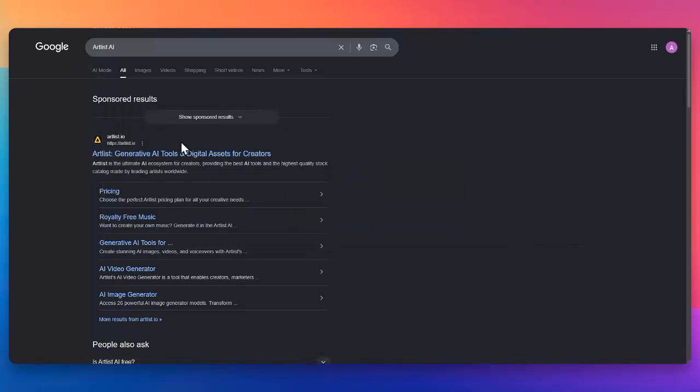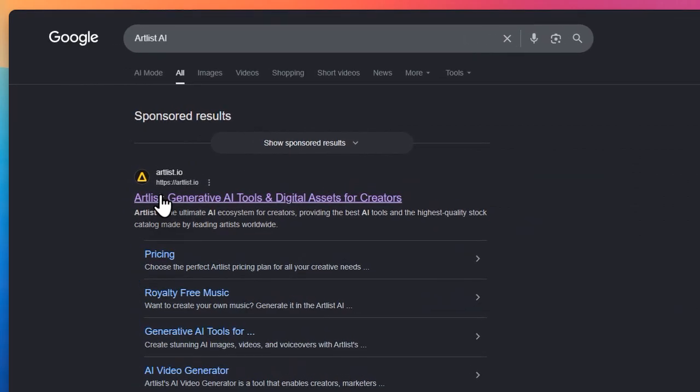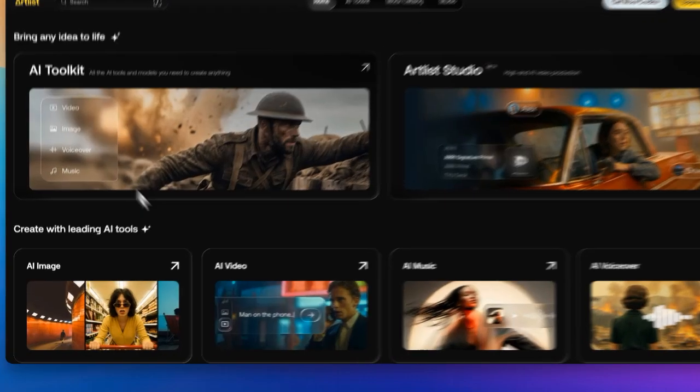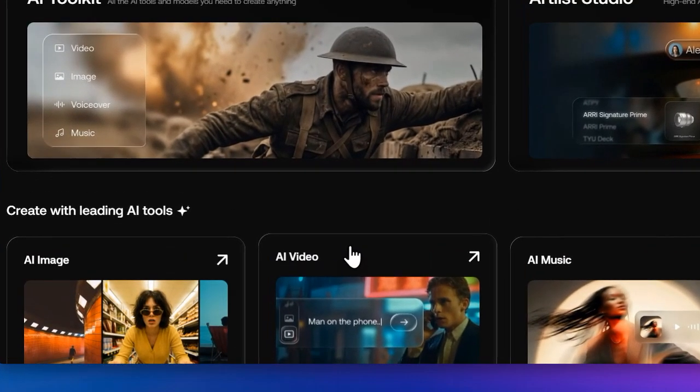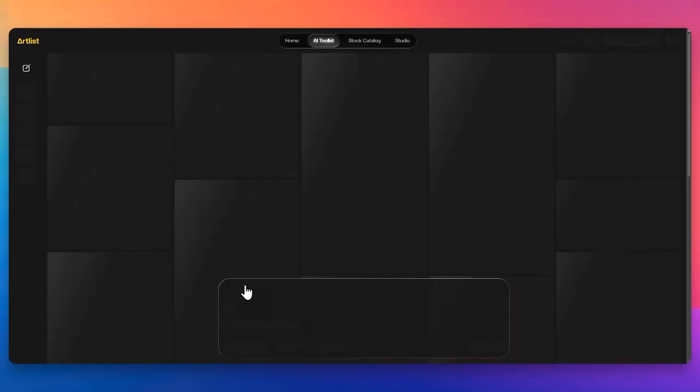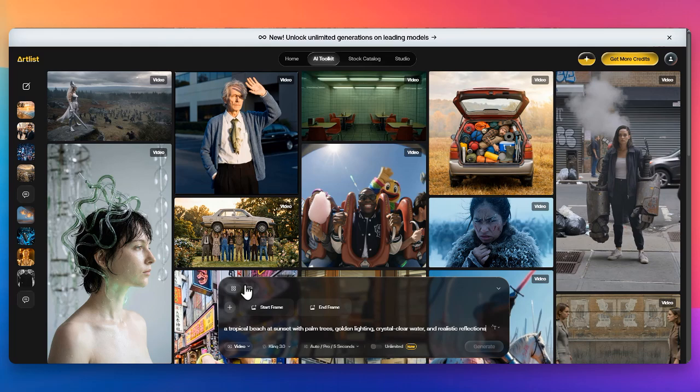To choose a stylized video model in Artlist AI, begin by logging into your Artlist account and navigating to the AI Video Generator workspace. Artlist AI offers different video generation models, each designed for specific creative goals. Stylized models are intended for projects that emphasize artistic visuals, creative effects, and distinctive visual aesthetics rather than purely realistic